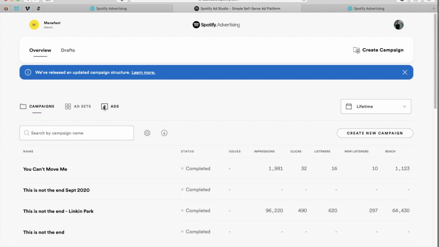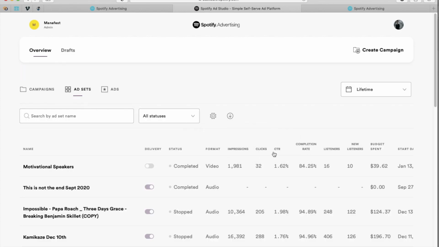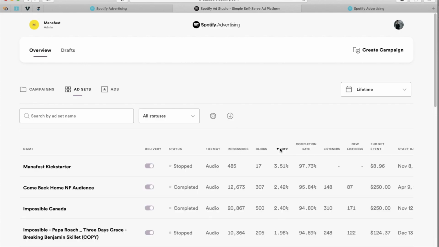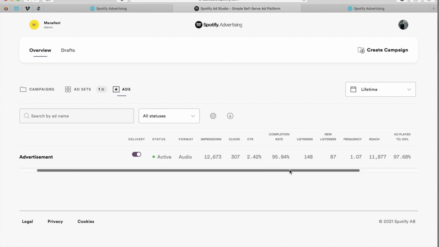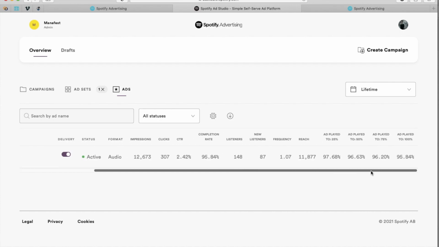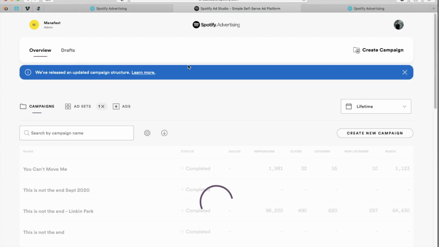So let me just close this. Let's click on CTR again, come back here, go into ad sets, and click CTR again, click-through rate. Here was another one that I did for Come Back Home. That had 2.4%. So that looks like about the highest that I've gotten in cold traffic. And this was for more of a hip-hop audience again. Let's just see what I paid here, 2.4% click-through rate. And it looks like this might have been a retargeting audience again as well, because I'm noticing that it's not showing me the new fans and all that stuff. So that's interesting. So anyways, let's create a new campaign.